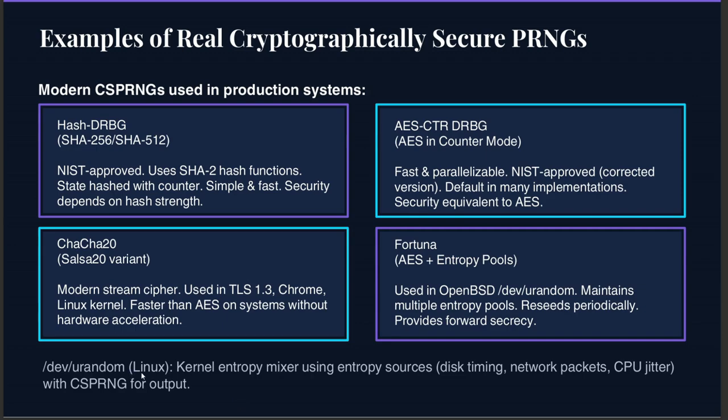And finally, we have Linux /dev/urandom. Linux does not simply output hardware noise directly. Instead, the kernel collects entropy from multiple physical events like mouse events, disk timing interrupts, CPU time variation, network behavior, and then this entropy is mixed and expanded using a secure CSPRNG mechanism. This produces efficient, continuous, cryptographically secure randomness for applications.